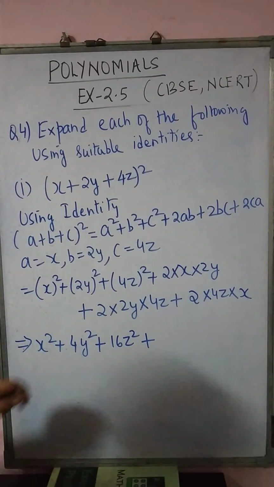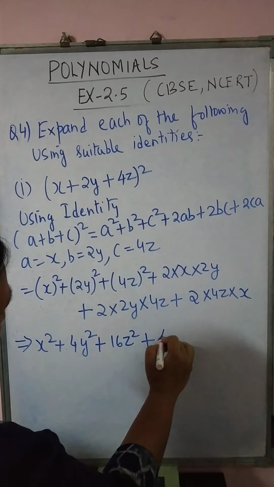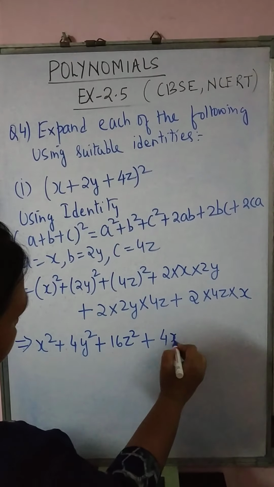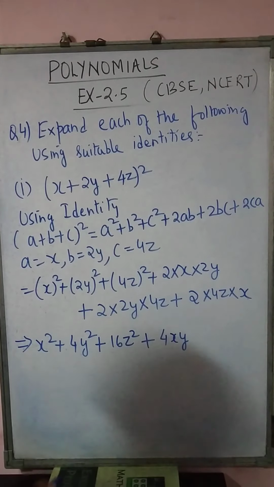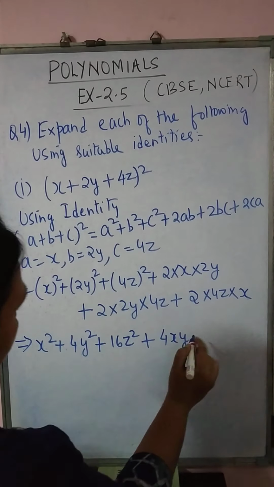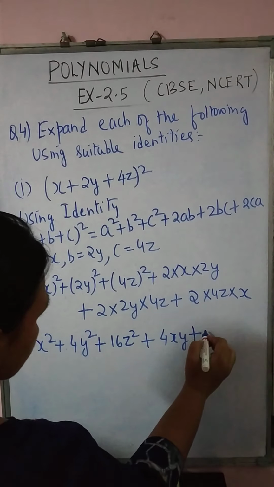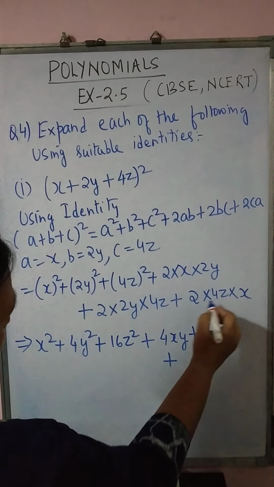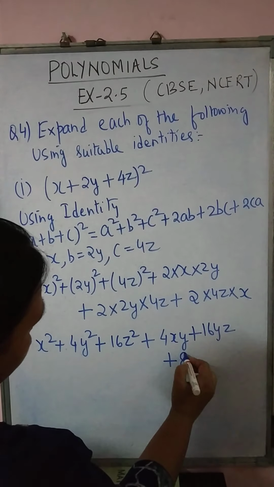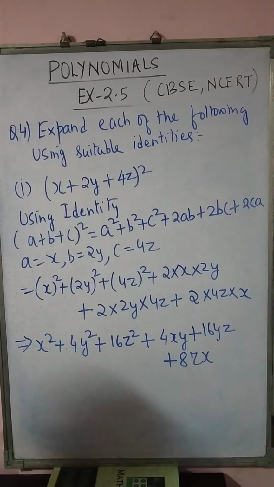Plus, multiplication of algebra. First multiply all the numbers. 2 into 2, 4, x into y, xy. So first we multiply the numbers and then we multiply the variables. Here also plus 2 into 2, 4, 4 4s are 16, yz, plus now 2 4s are 8, zx. So done.